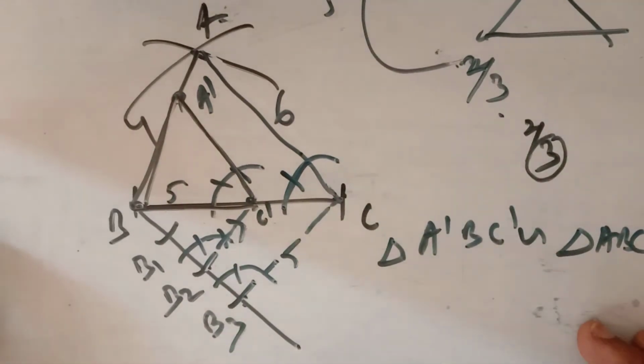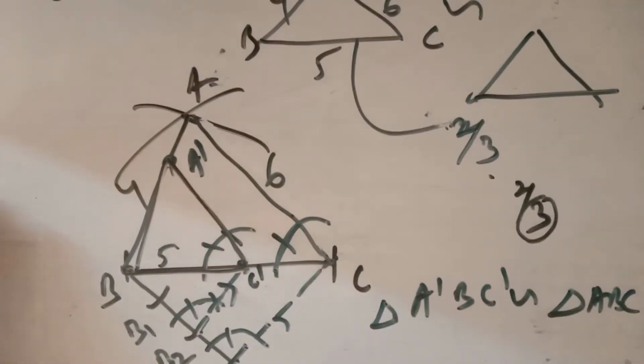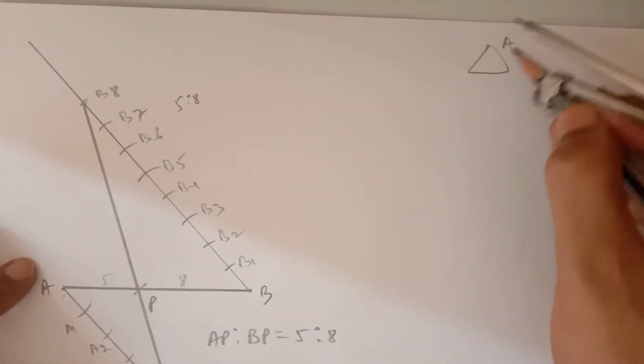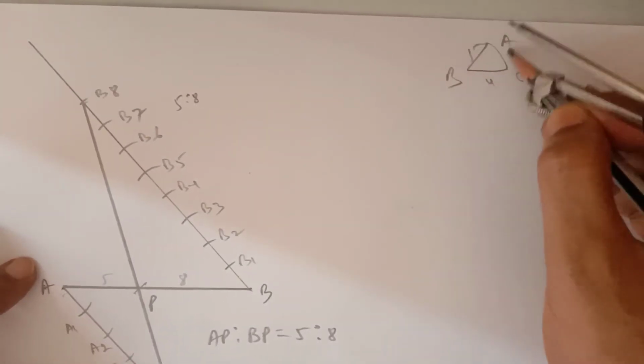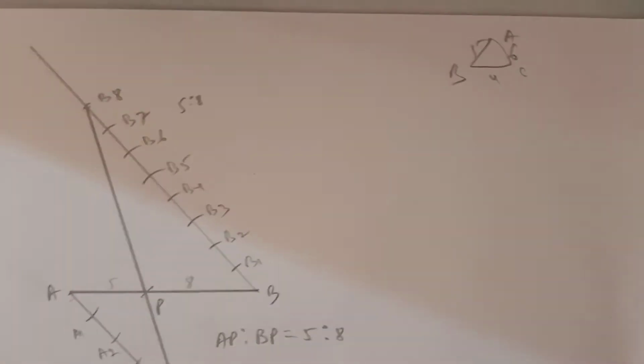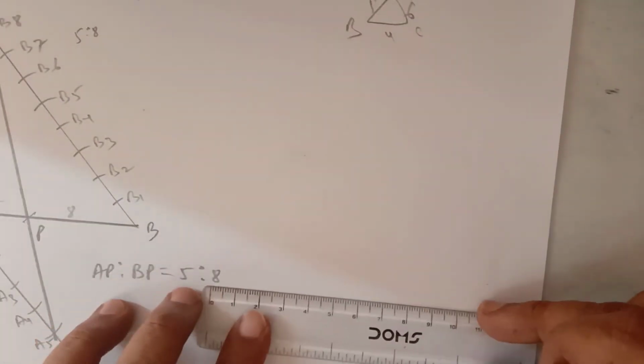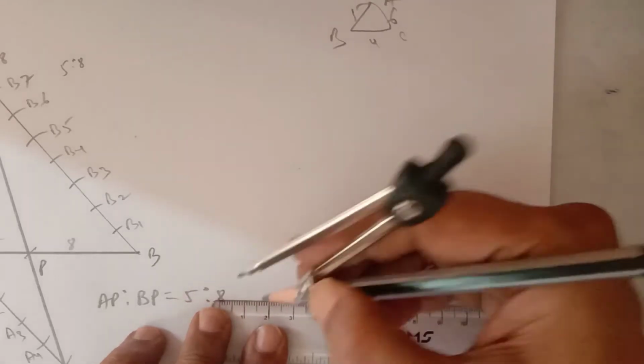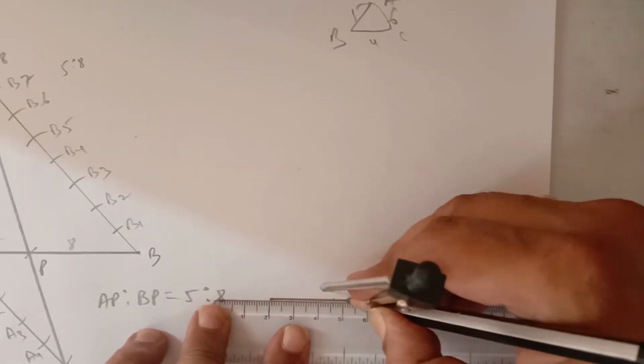So this is how you have to construct a triangle in which the required triangle is smaller than the given triangle. Okay. So I'll construct it by using compass and scale. So first of all, construct a triangle. Draw the rough figure. ABC 4, 5, 6. To construct this triangle, first of all, the side is how much? It is 4 centimeter. So I am drawing it 4 centimeter.